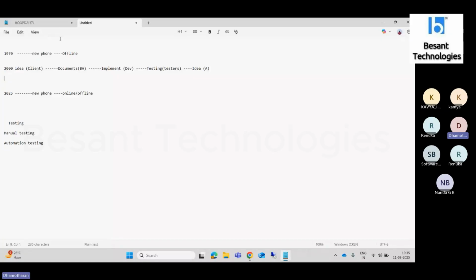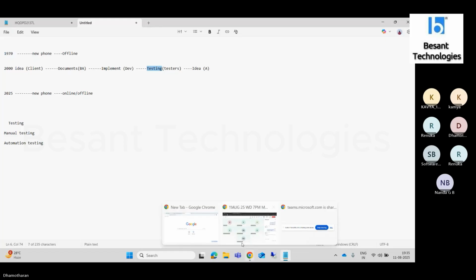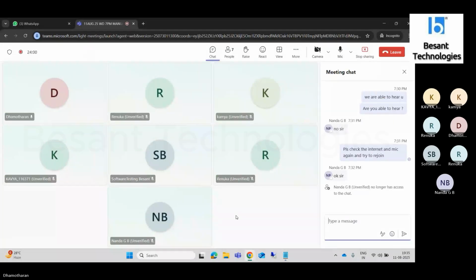Okay, now the question is, why a testing team? Developers are implementing code, so they can also test, right? They have knowledge of coding. Why is there a separate team called the testing team? Anyone have any idea? What is the reason there is a separate testing team? Without testing, the product cannot be released.